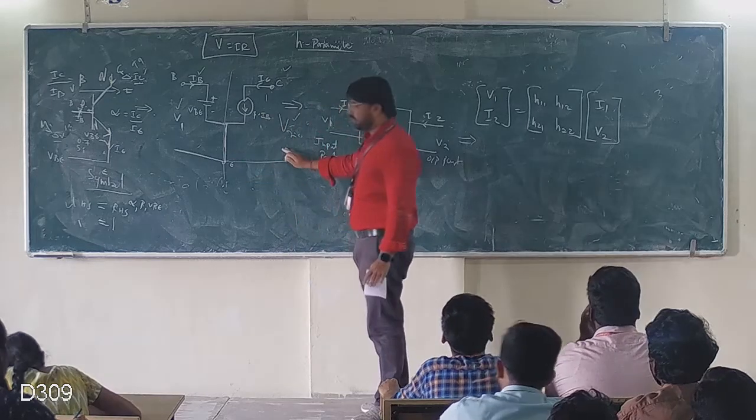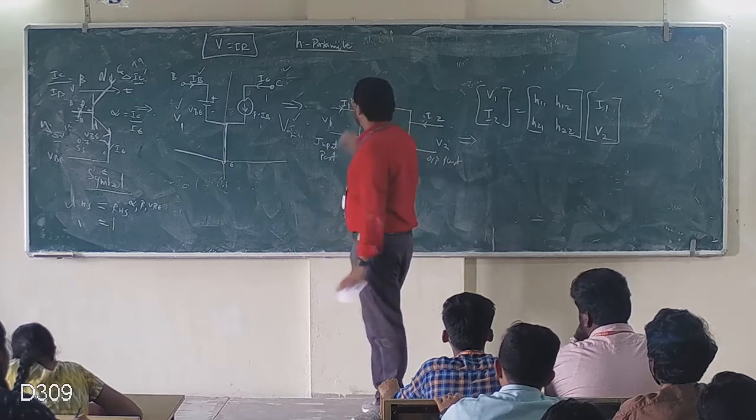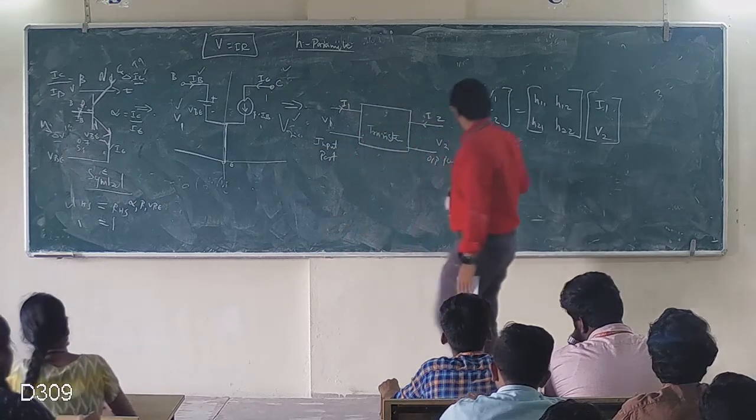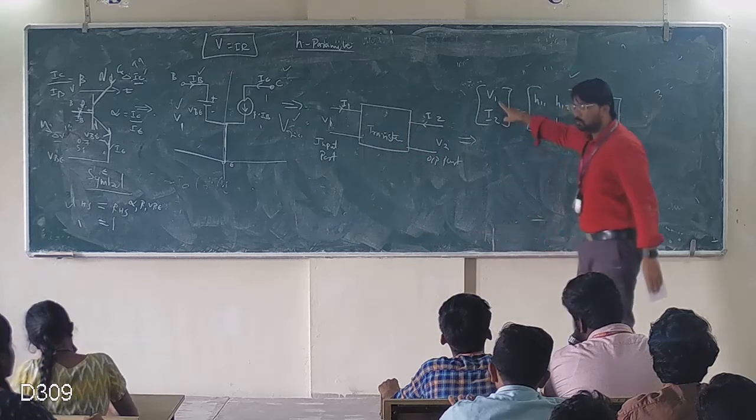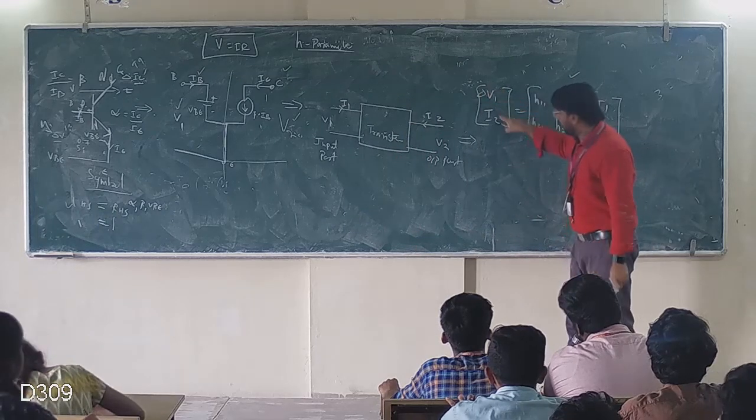So this is the simple equivalent. Equivalently, how can I represent it as a transistor? I will draw, don't worry. Up to this, any doubt? V1 is the input, the change in input. I2 is the change in